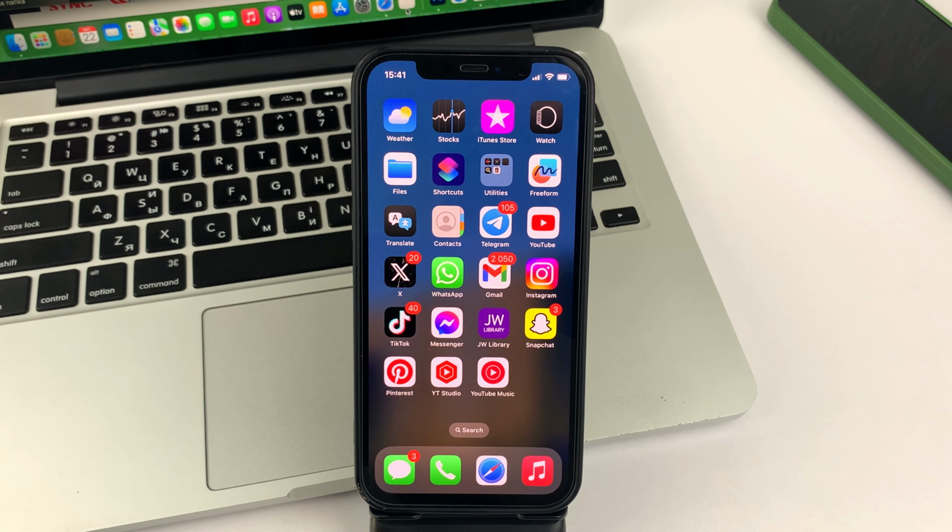In this video, I will show you and tell you how to display hidden apps on iPhone, which are already